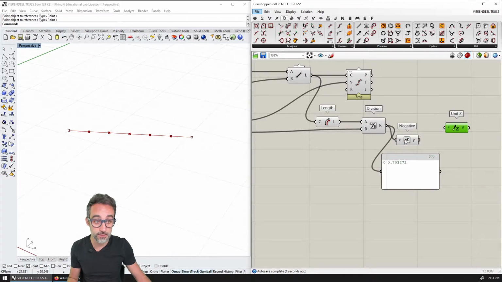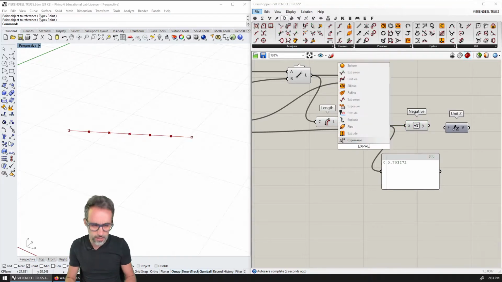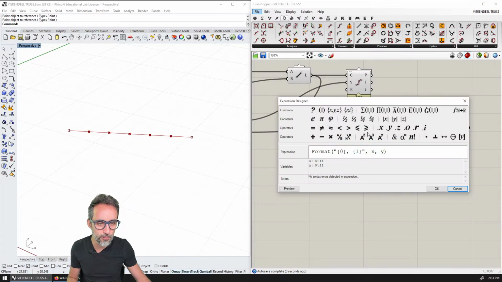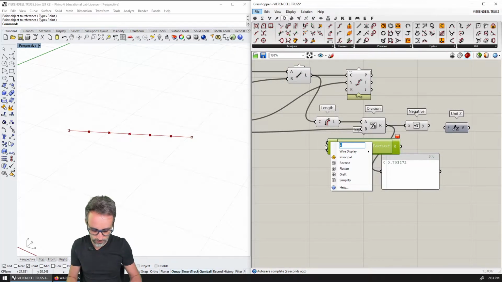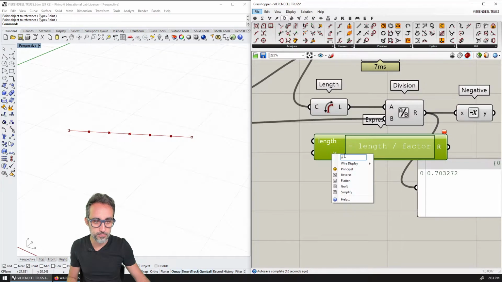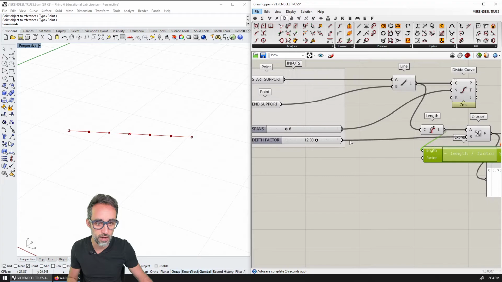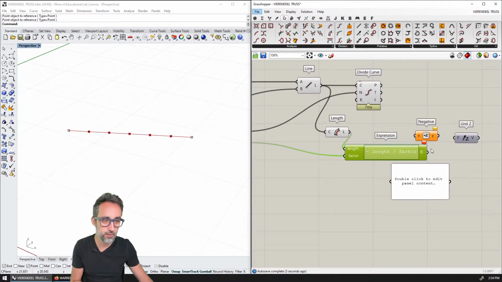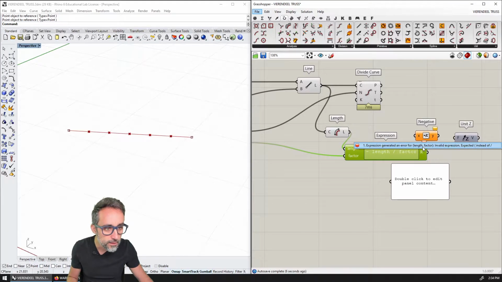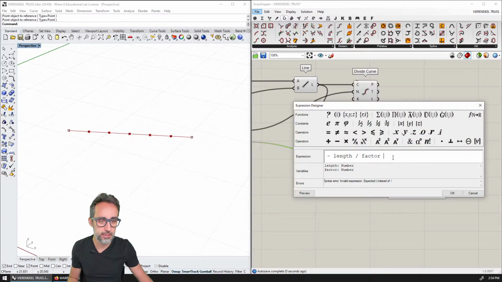You see, I should have used an expression component here right now. Let me just use it, why not? So this should be minus length divided by the factor. And then this should be length, and this should be the factor. And then I have length here, I have factor here, and I think we are good now, no? Length invalid, expected parentheses instead of, I think this is just,